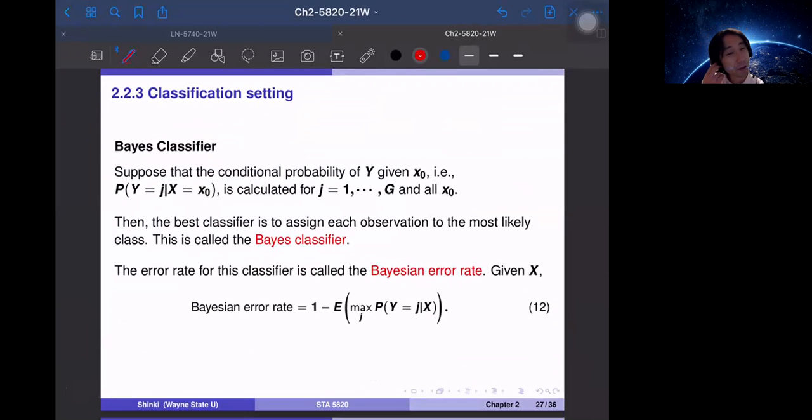And how to make the rule, how to make the classifier? That isn't as simple as a regression model. For regression, for example, we can fit the linear regression model, y is equal to beta naught plus beta 1 x, and we estimate beta naught hat and beta 1 hat, and you plug in the x value, then you can get y hat. So it's simple, but how about the